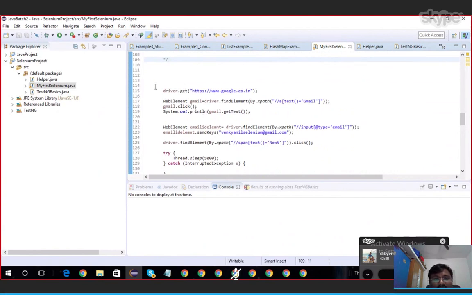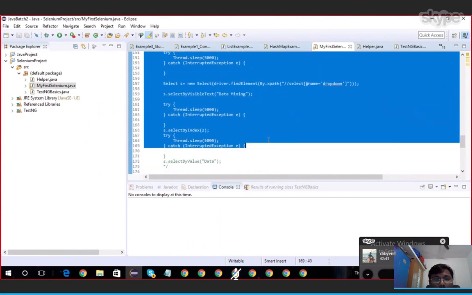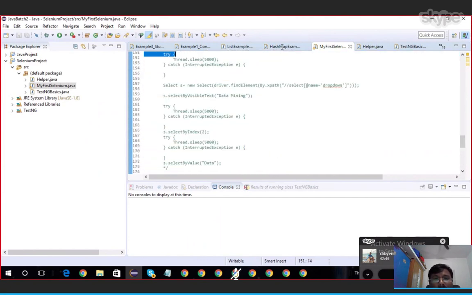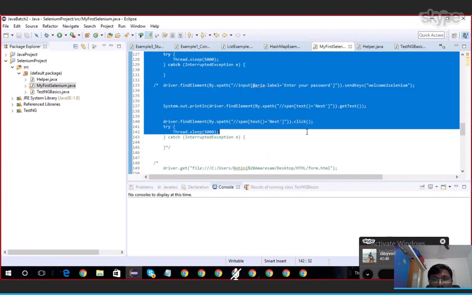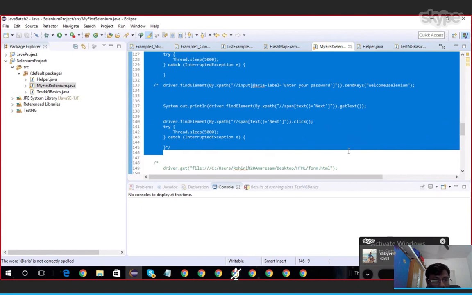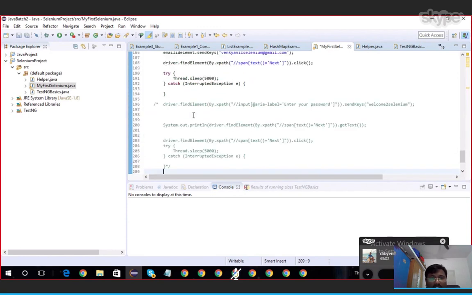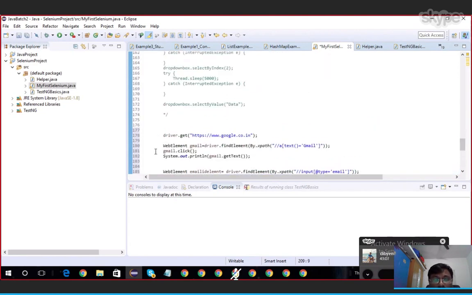So this is the Gmail code. First, I'm trying to launch Google. After that, clicking on Gmail, right?